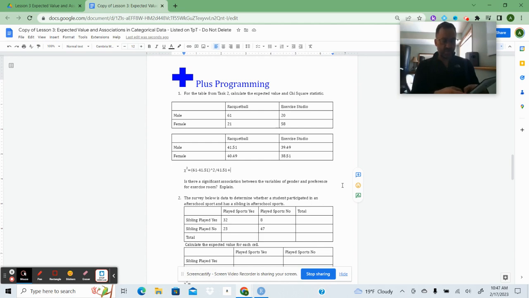squared divided by 41.51 plus, and then here I go 20 minus 39.49 squared divided by 39.49 plus, so again, I add that piece in, and I go here 20 minus 39.49 squared divided by 39.9 plus, and then here we go 21 minus 40.9 squared, and then divided by 40.9, and then plus,